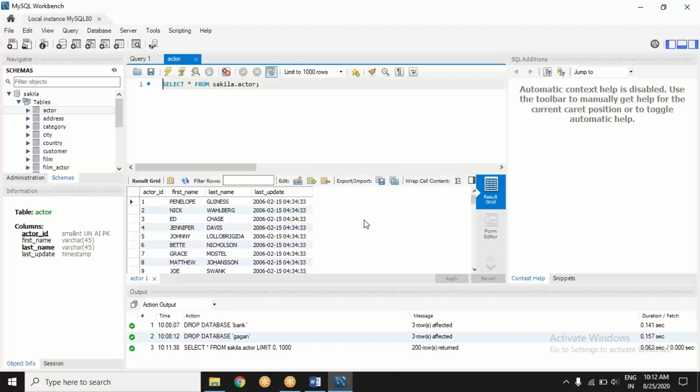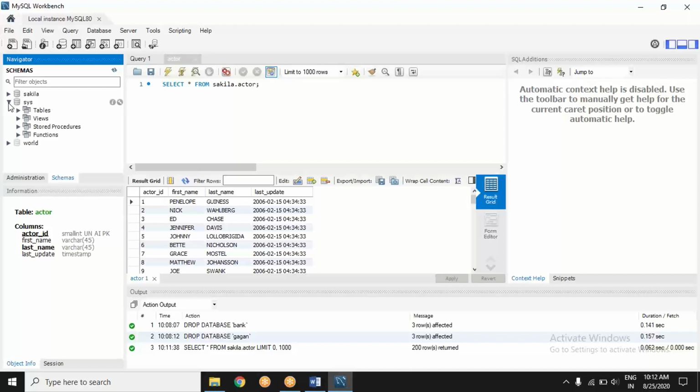We have just fired up Workbench and logged in with the password, made the connection live. Okay. So now your own machine will be acting as a server, and you are checking out what databases are there. We are just having a look around. There is Sakila, then there is SYS, another database, then there is a world database. For no particular reason, we chose to explore Sakila.